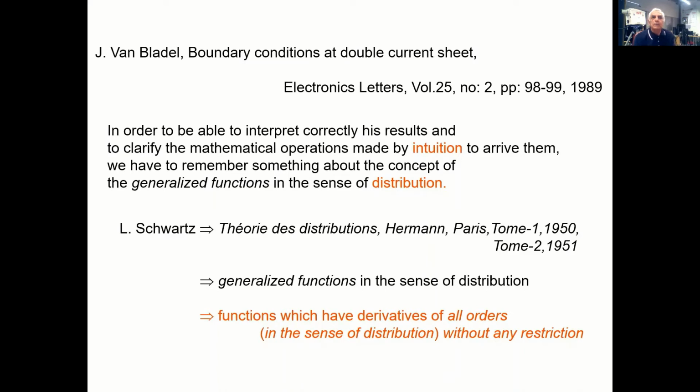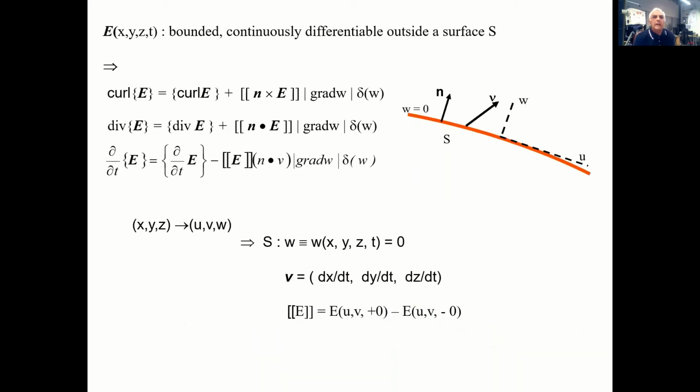In order to be able to interpret correctly his results and to clarify the mathematical operations made by intuition to arrive at them, we have to remember something about the concept of generalized functions in the sense of distribution. As is well known, an appealing property of the distribution concept is that, without any restriction, they have derivatives of all orders. For example, for a vector-valued bounded and piecewise differentiable function E, which has discontinuities on a regular surface